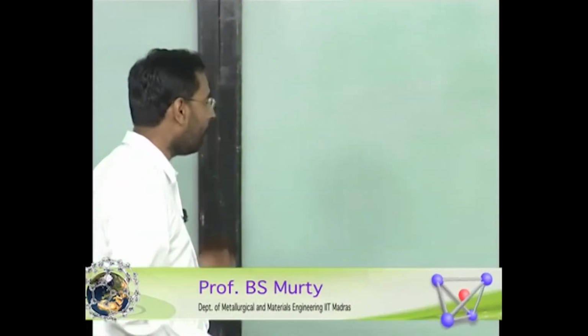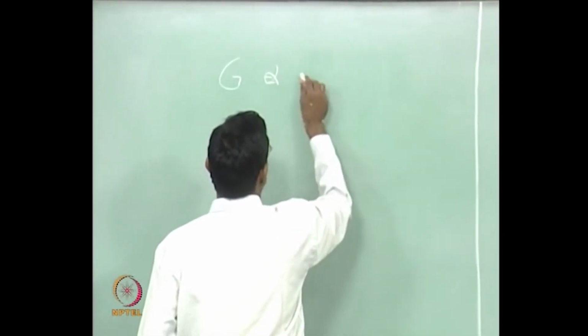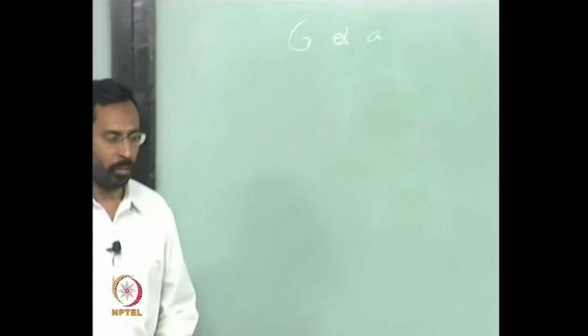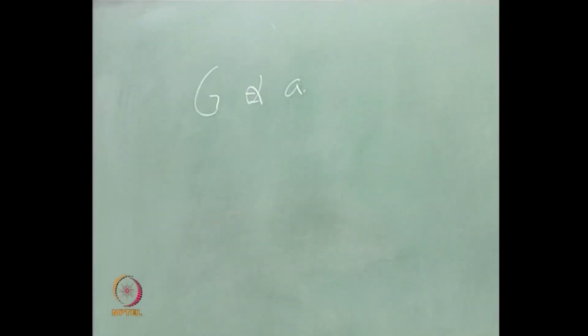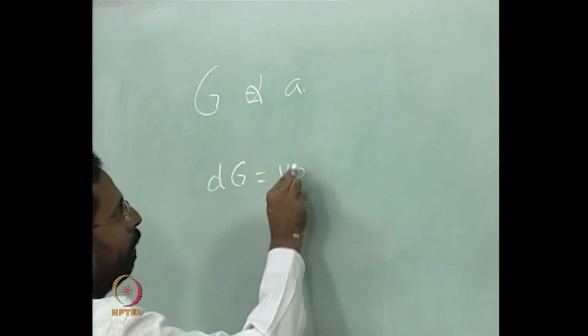Yeah, we started talking about reactions. Let's continue and know a few aspects about various reactions. We start with, first of all, the relation between the G and A. This is well known, but still I thought it is better we look at it once carefully before we go ahead. If you look at basically the expression dG is VdP minus SdT,